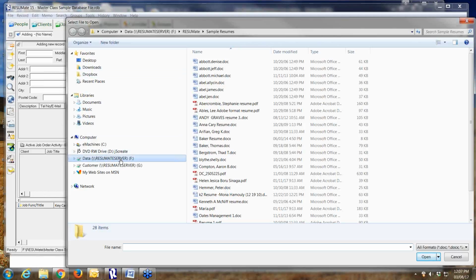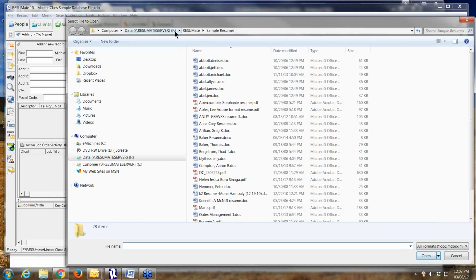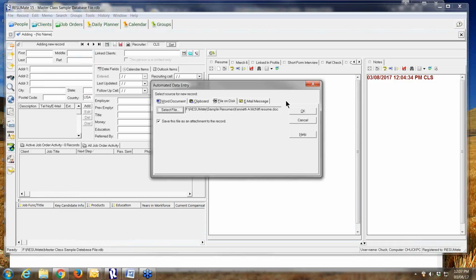I'm connected to a server, so I'm looking at my F drive. It says up here, in a folder called RESUMate and then a subfolder called Sample Resume. So you can browse any place on your computer and then go find something. This is not an open doc. This is a doc sitting a couple of doors down in our current location. The server is not with me, but I'm connected to the server, so I just pick something